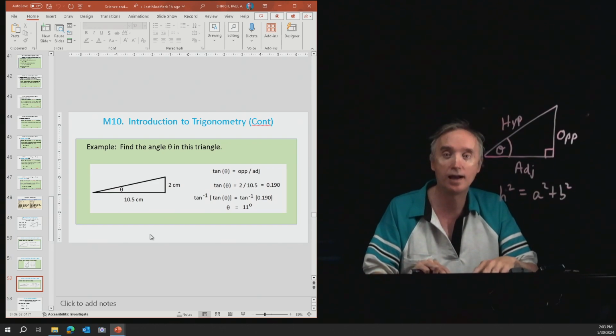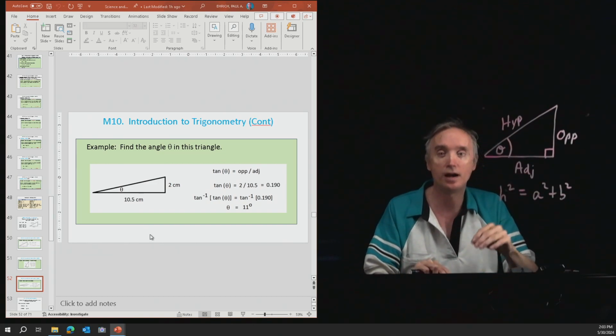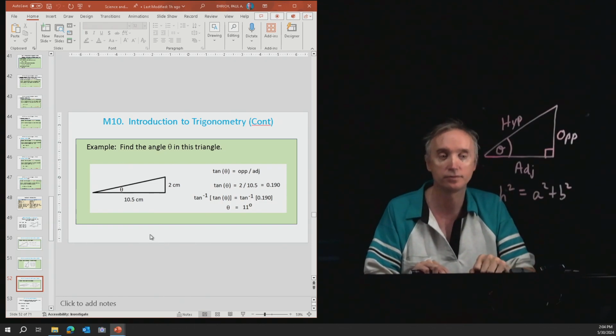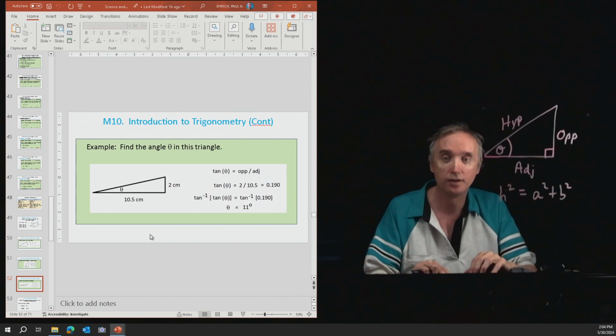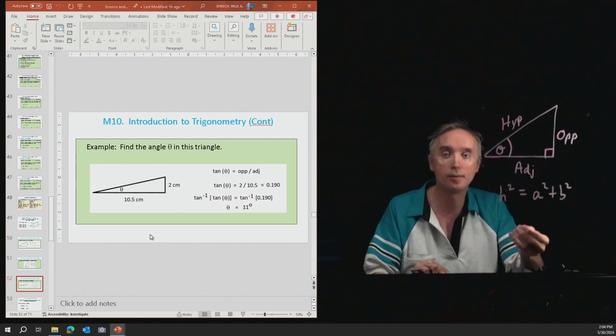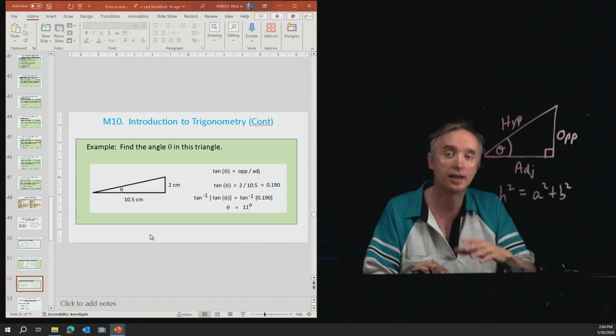Now the question is, how do we get the angle by itself? So we need to do the opposite of a tangent. And if you recall, that was called the arc tangent. So the inverse tangent. So if we do the inverse tangent, so that's what the tan to the -1 means, of the tangent, it pops the angle out of it. So now what we got to do is the arc tangent of 0.190, and I will show you how to do that on your calculator, and the answer turns out to be